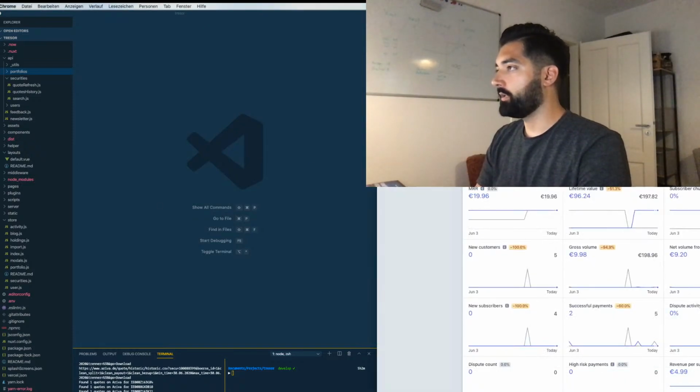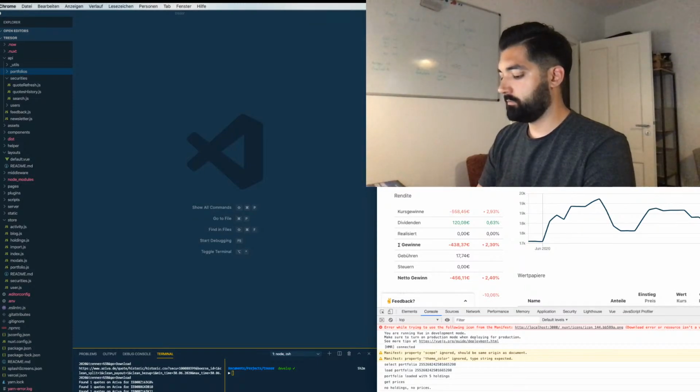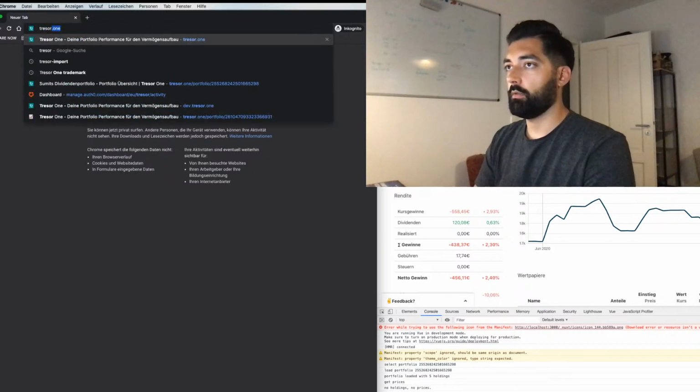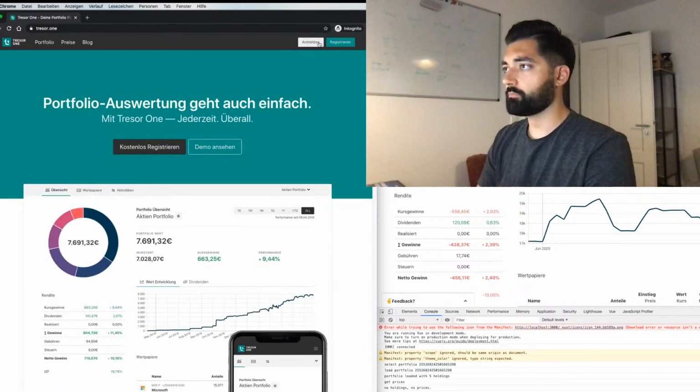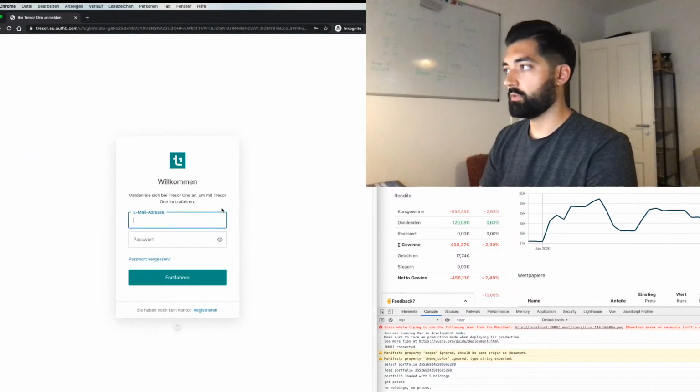So yeah, I'm in the Stripe dashboard here. This is Tresor One. Again, I was just showing the hosted version, but I can show it again, though this might not be that important. If I go into this one, with these credentials,